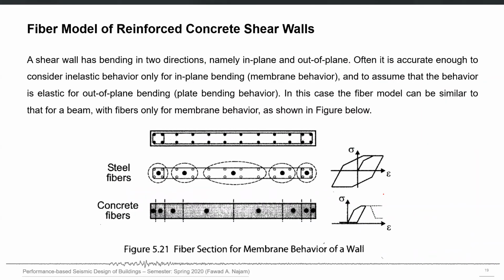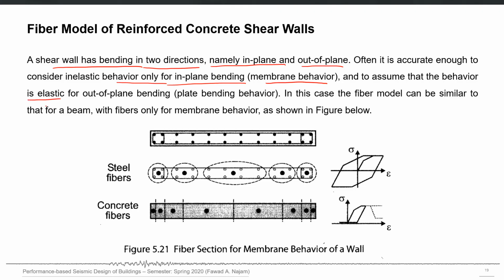Now for RC shear walls, a shear wall has bending in 2 directions, namely in plane and out of plane. Often it is accurate enough to consider the inelastic behavior only for in-plane bending, which corresponds to membrane behavior. For plate bending, which means the out-of-plane behavior, the behavior should remain elastic.